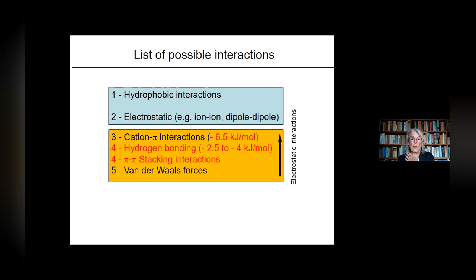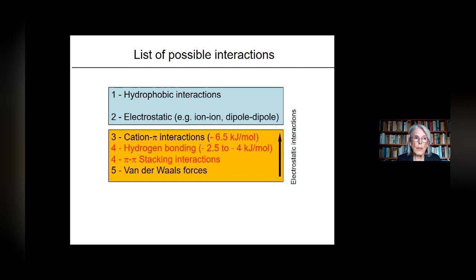We measured 6.5 angstroms, 6.5 kilojoules per mole for this interaction. The hydrogen bonding interactions are 2.5 to 4 kilojoules per mole. People who have read early literature about hydrogen bonding would think this is a little bit low, because one said 10 kilojoules or more. These are the calculated values, but I found